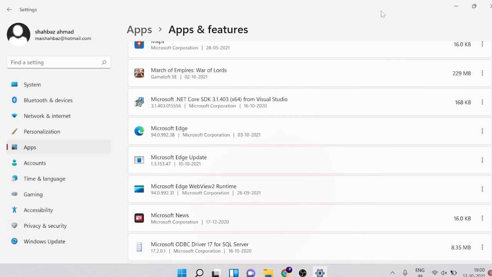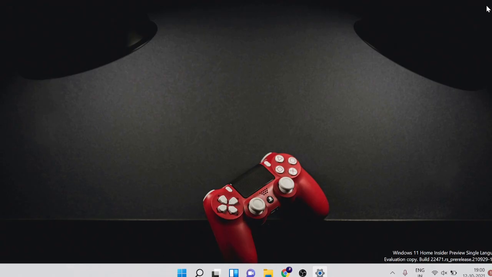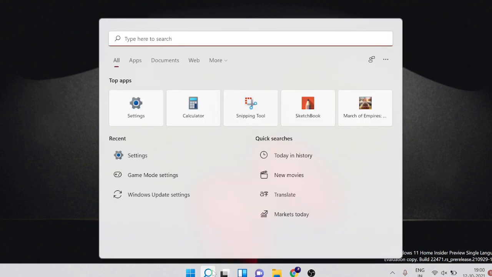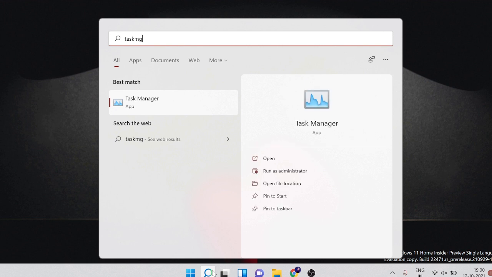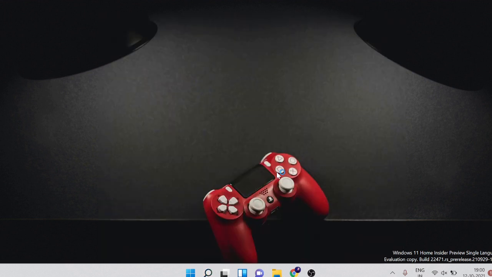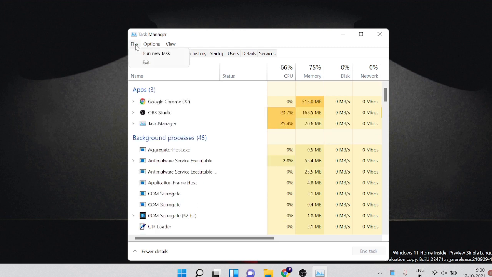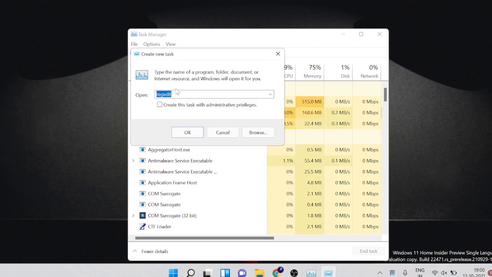Okay. Now we have to make some changes, other settings also. So just close this box. In the search box, just type again task mgr, or you can type task manager. And once you get task manager, you need to choose run as administrator. Click on it. And here on the top, you will see file. Click on file, then run new task. And here we have to give the path. Okay, so you can just click on browse.